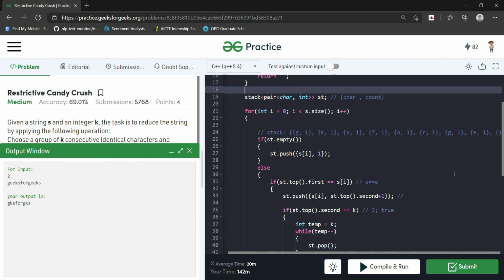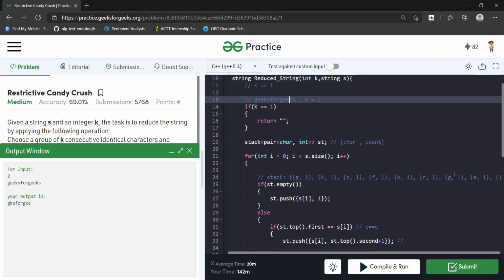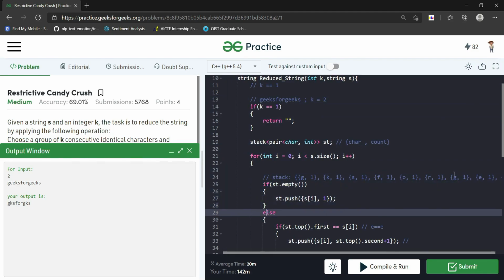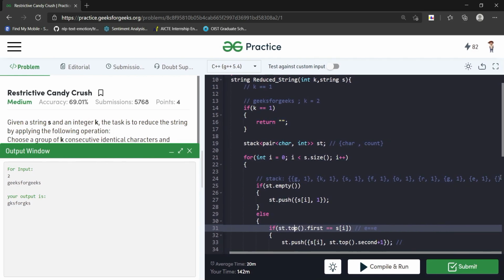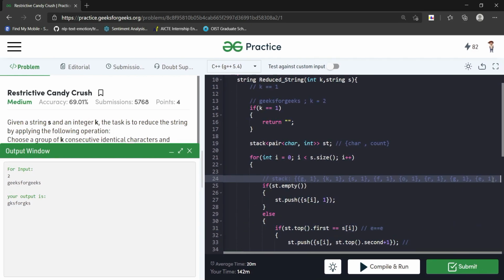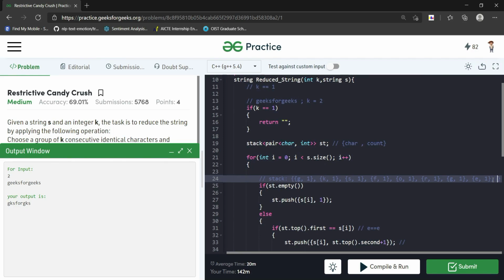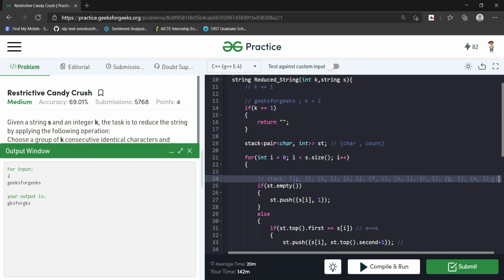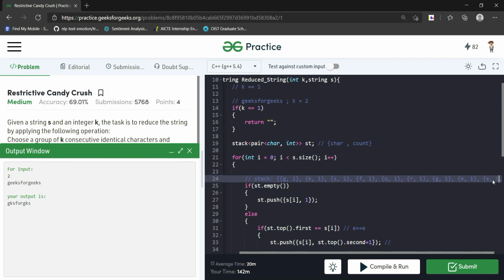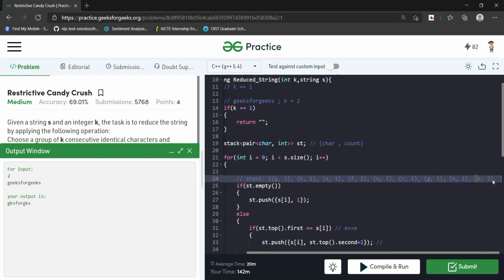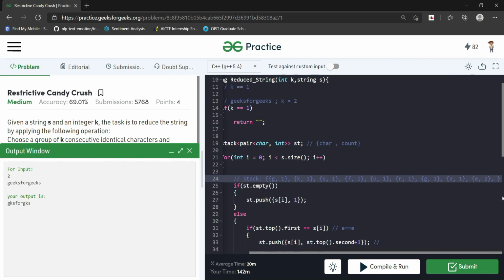Now we come over to this E part, right? Now we see that the stack is not empty, so we don't go here. Now we come over to the else part and we see that the top of the stack is E comma 1. The first character is E. Therefore, we will be pushing and increasing the counter with the same value into the stack.